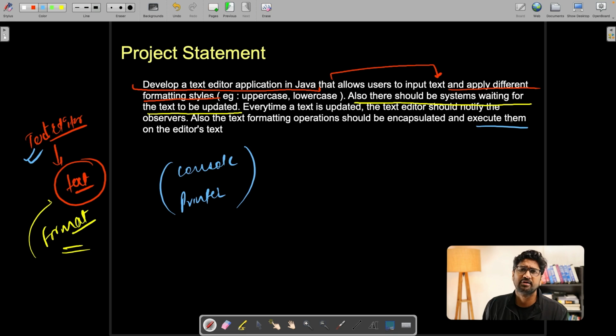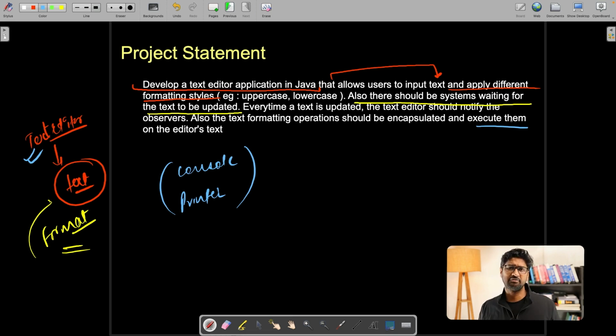Now, every time you get a project or a problem statement like this, we should not directly jump to the solution. We should not directly start writing the code. First of all, the basic thing is that we need to understand the problem statement itself. So what is the problem statement? It says that you have a text editor. You can create text out of it. And since it is a text editor, you should have a way of formatting it, and you should provide multiple ways of formatting. It means multiple strategies of formatting, multiple algorithms of formatting. When you have a single problem and multiple ways of solving the same problem, multiple algorithms of solving the same problem,